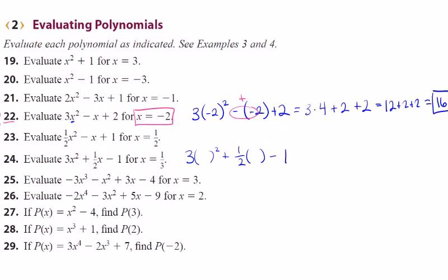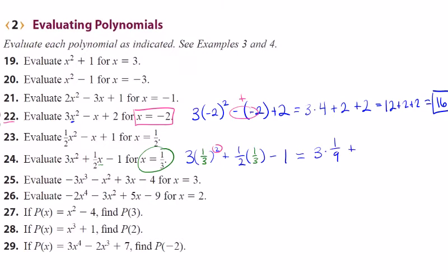So I'm going to put 1/3 there and 1/3 there. So wherever you have an x, you put in the value they give you for x. And so once again, just order of operations, we're going to do exponents first. So 1/3 squared, 1/3 multiplied by itself is 1/9. So it'd be 3 times 1/9